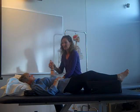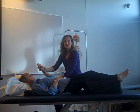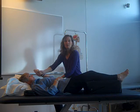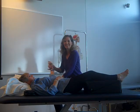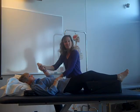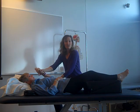Okay. We'll look at the elbow. I'm going to take it through its range. Remember, kind of the difference between tone and spasticity defined is the velocity of the movement. So if I want to take a look to see if there's a spasticity component, I'm going to move it faster to see if I can feel if it's rigid, cogwheel rigidity, or spastic in one direction, or spastic